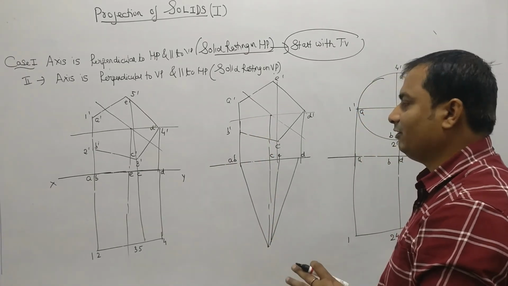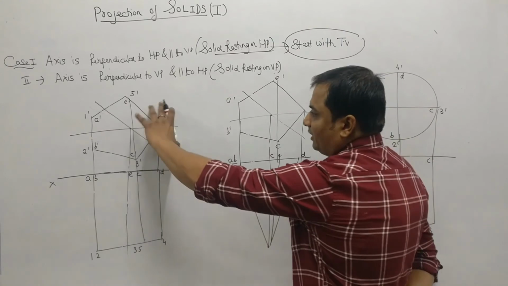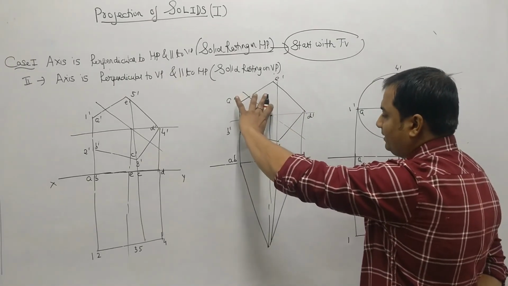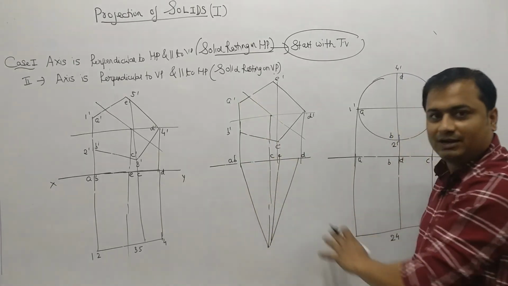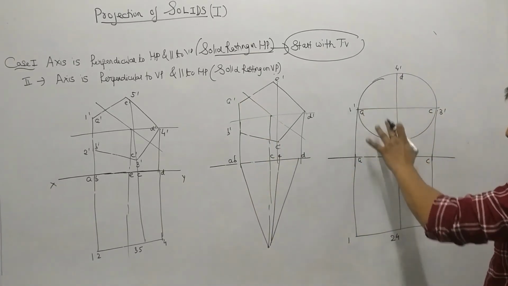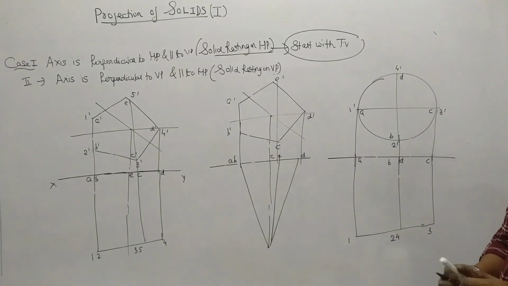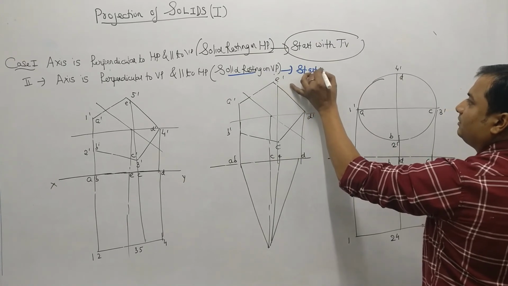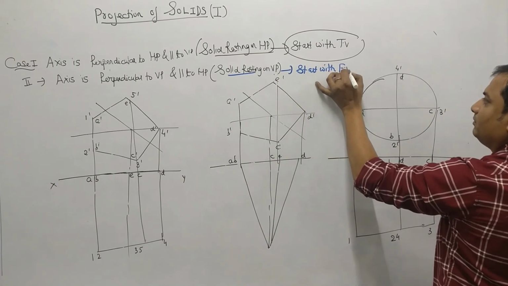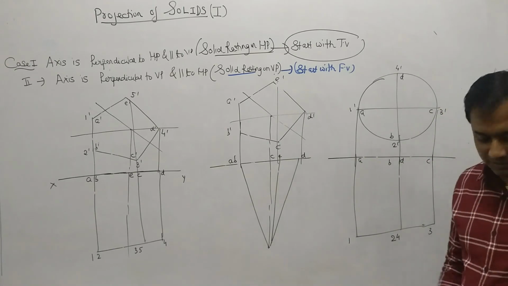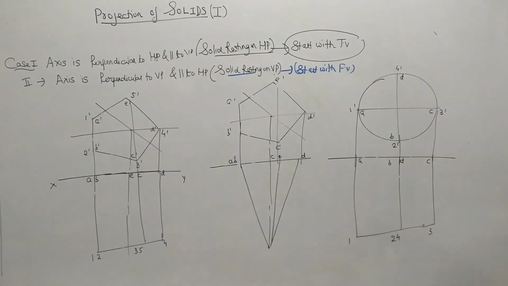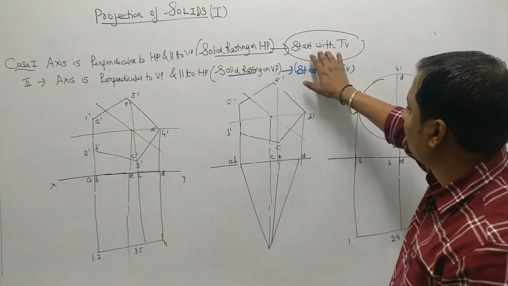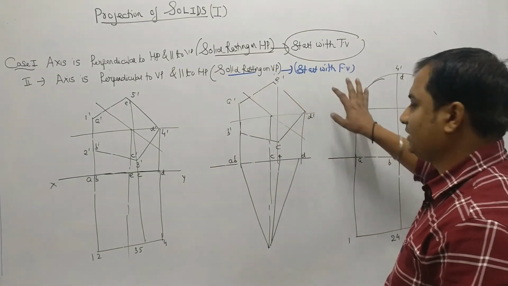Again, one thing you have observed is that first I have drawn the front view, then I have drawn the top view. Similarly here also, first I have drawn the front view, which is a pentagon, then I plotted the top view of this pyramid, first the circle of the cylinder and then the rectangle. So we can conclude that if the solid is resting on the VP, start with the front view. So these are the two concepts based on case 1 and case 2: if the solid is resting on the HP, you have to start with the top view. If the solid is resting on the VP, you have to start with the front view.